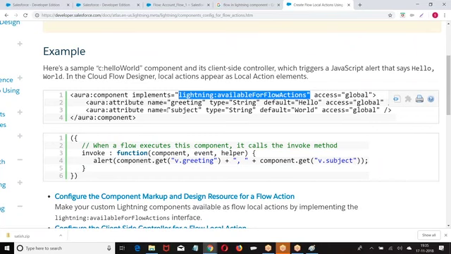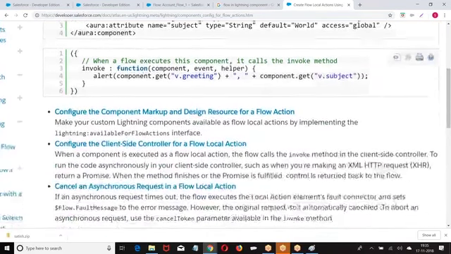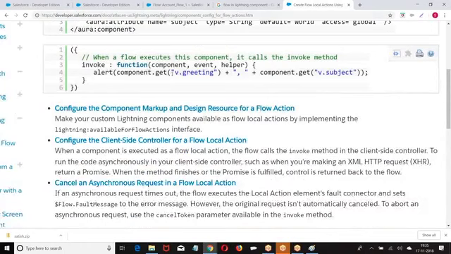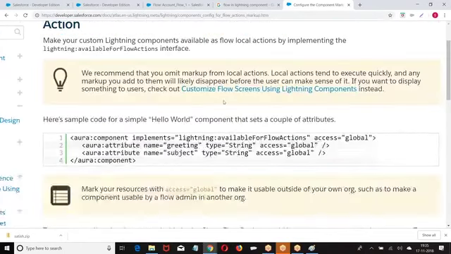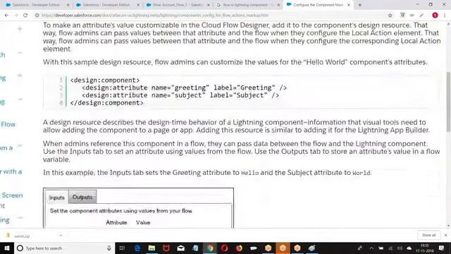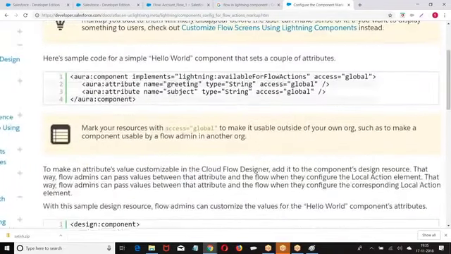When you define this, then this component will be available for Lightning. Now in this component, what do we have? Some attributes you have given. Then we want to print some message. Now before you call this, we are supposed to go for a design. Without the design, you will not be able to give it. You have created a component.